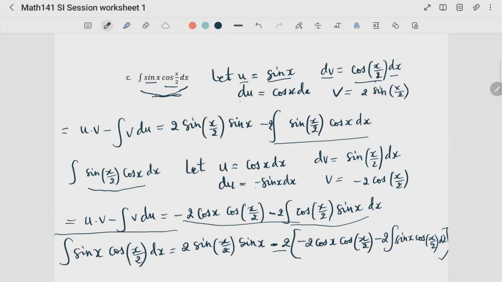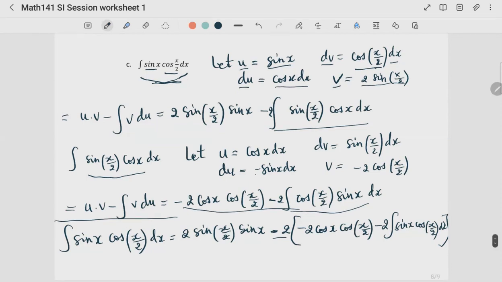So that means our du will be cos x dx and v would be just 2 sine x over 2. Now using the formula for integration by parts, you have uv minus the integral of v du,